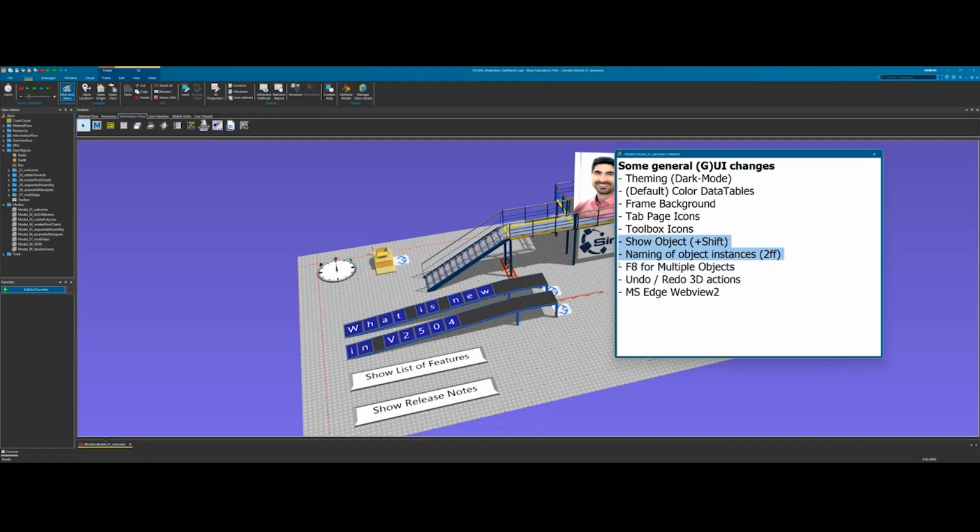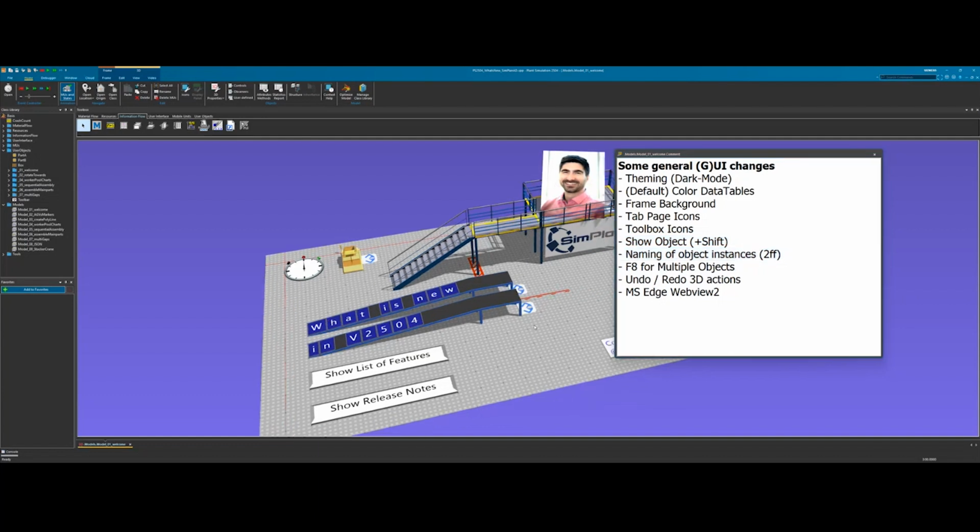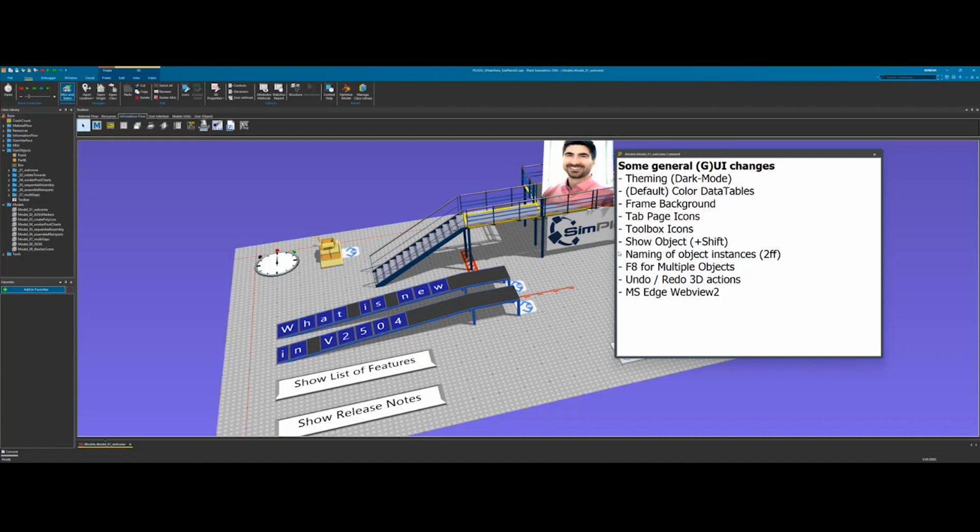Yeah, some smaller things showing the object. I think that's not even so interesting. Something that's pretty cool is the naming scheme, at least for me.